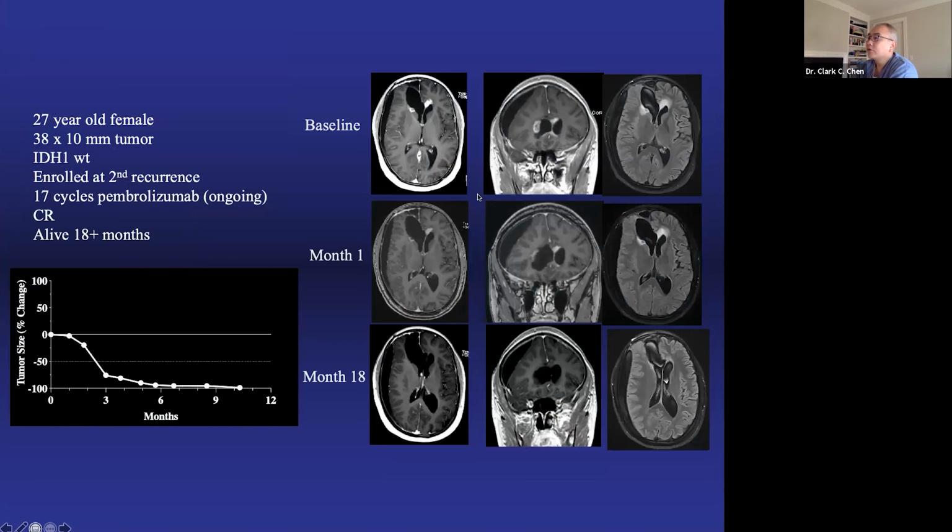Here's a patient that was treated. This is a patient with a glioblastoma. This is not an H3K27 mutated tumor. This patient has recurred. We biopsied, and indeed we proved that this is recurrence. And we infused the virus in this trial through the SmartCatheter. Now, this trial also involved the use of immune checkpoint